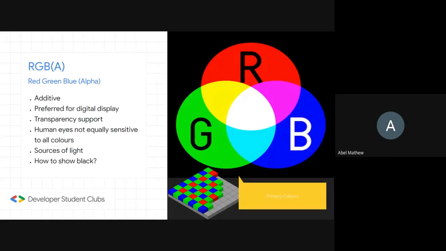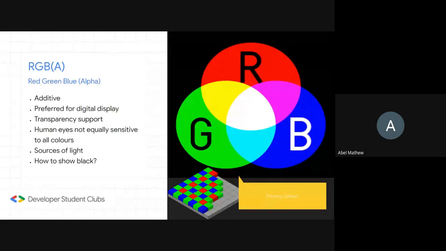This particular thing can be done only in digital display, because from common sense it's pretty evident that it's difficult to have the color space manage transparency for us, because you can't paint something and it becomes transparent. This is something that can be done only in a digital display.